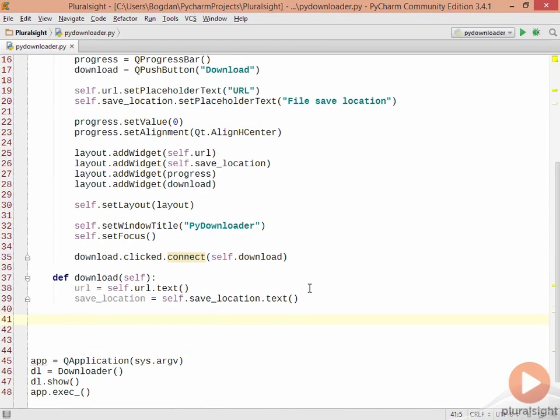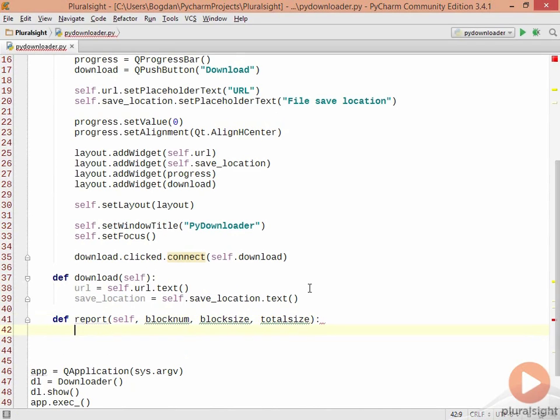All we need to care about right now is creating our report function or method that takes 3 arguments: block num, block size, and total size. So let's put pass here for now as well